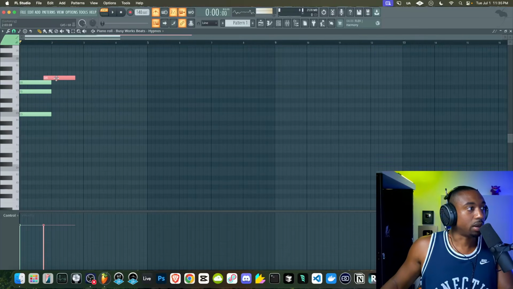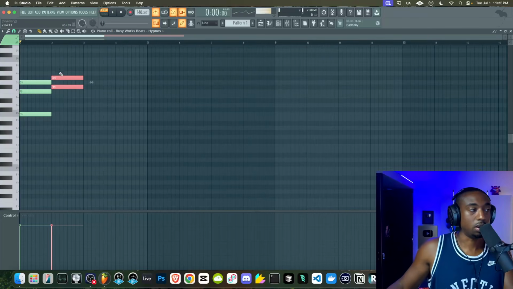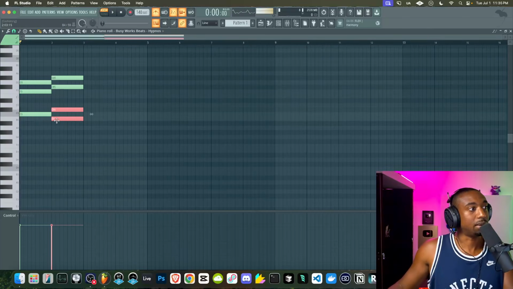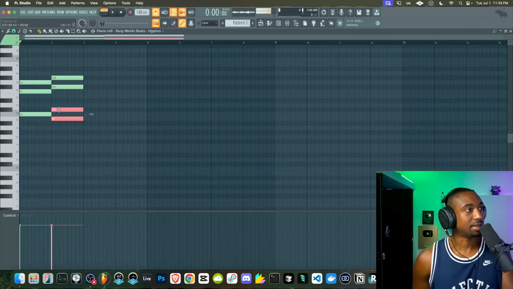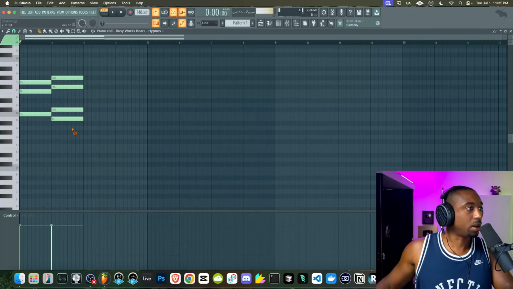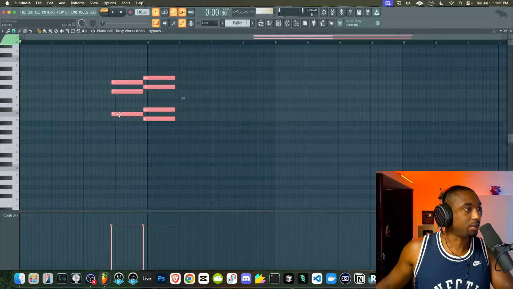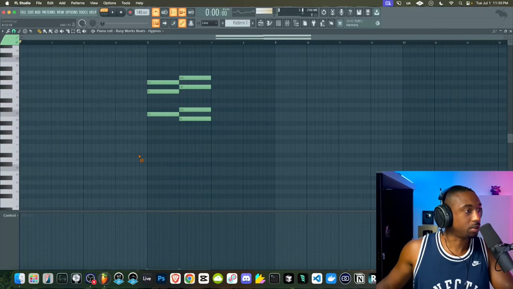We're going to take those and we're going to make a sharp perfect fifth and a flat perfect fifth, which means a note above and a note below the perfect fifth. And the same thing with the tonic, a note above the tonic and a note below, because these basically act as the same note. They're very similar. Let's create a melody around just these 7 notes. This is my 7-note system I've created at BusyWorksBeats.com, and it's my original system.